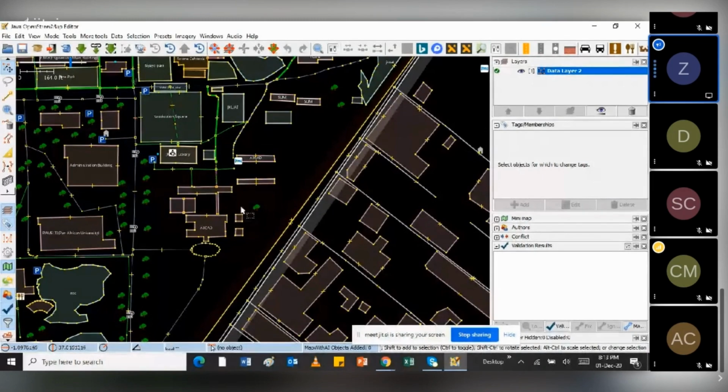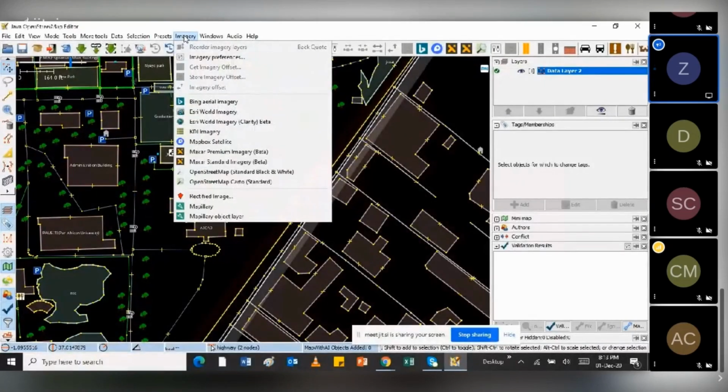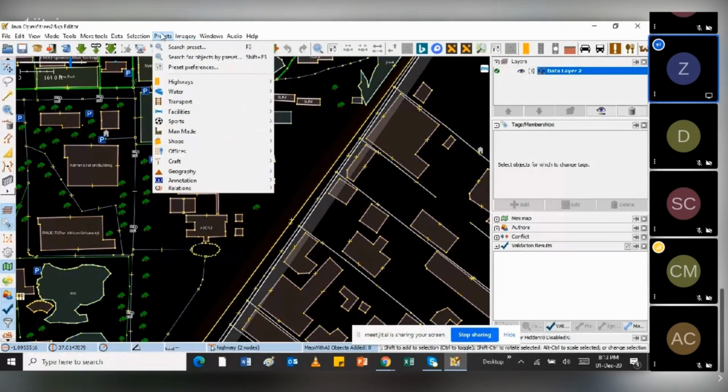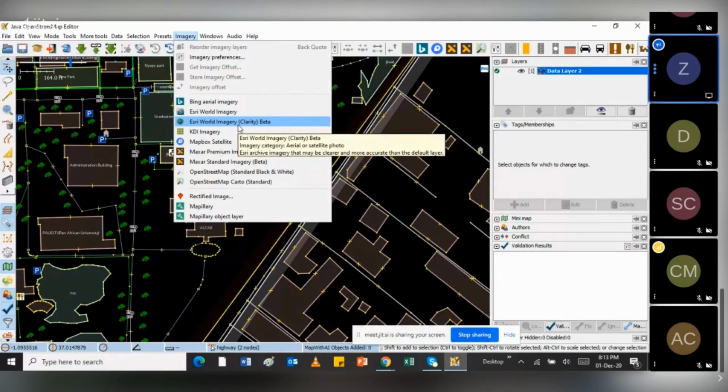So before I proceed to making the edit, the next thing I want to do is add imagery of that area. Just next to the preset, we have the imagery. If I click on the imagery, then I can see the different images that are there.